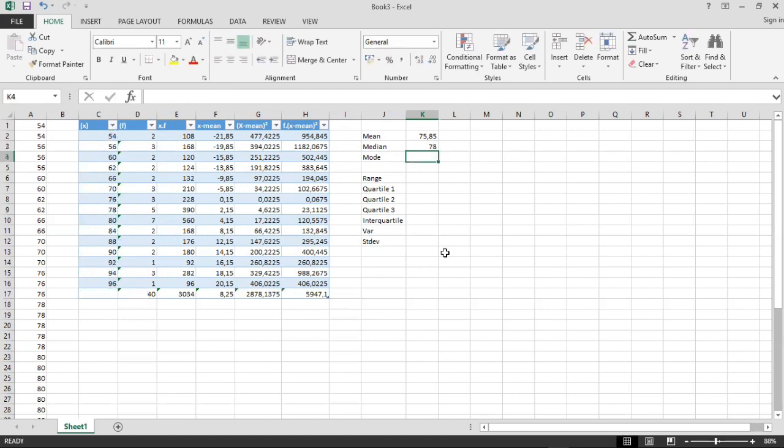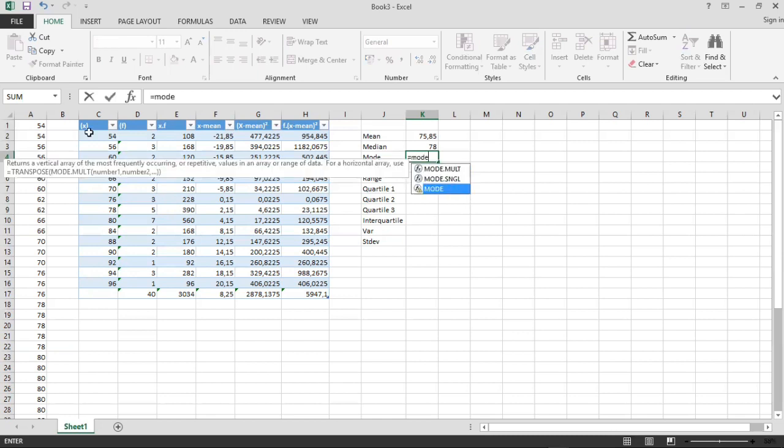That's the median. Easy, right? It's easy, man. If you know the formula, it's easy. Again, the same with the mode. Equals, just type in mode, and then